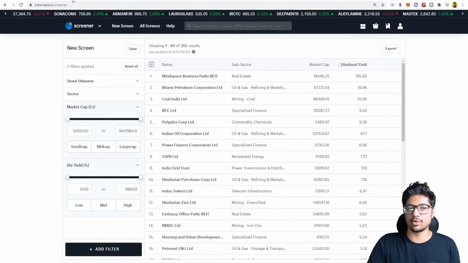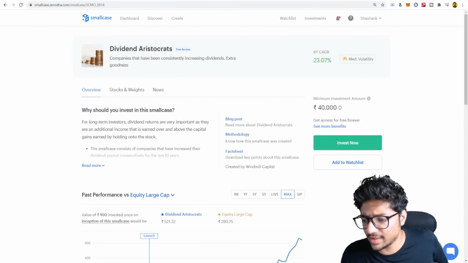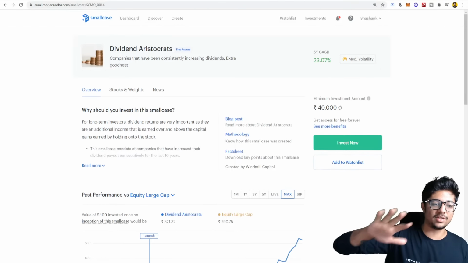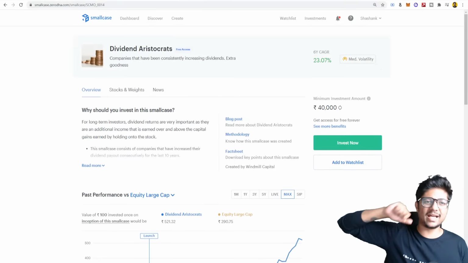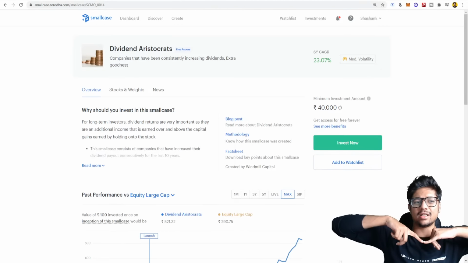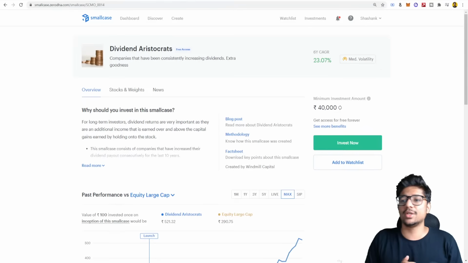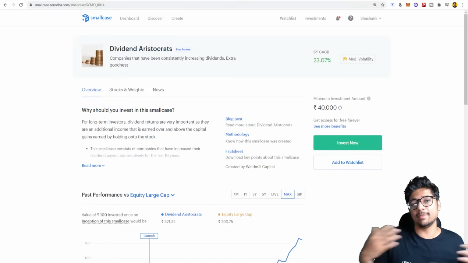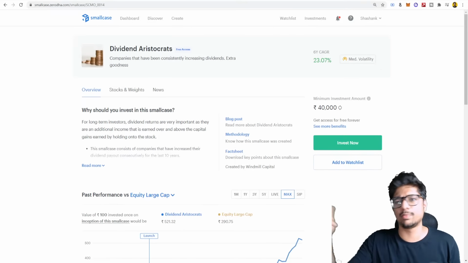Again, you can do your own research on this. Yeah, and one more thing I want to tell you guys. But again, please do your own research. Again and again, I'm saying this. Ideally, if you ask me, I would go for the government-ish stocks. Why? Because they don't move much. But again, ONGC fell down. So a little scary about that. Coal India also fell down. So it's very difficult to identify what will be there for a long period of time. But I love IT stocks, so I predominantly go for IT stocks because IT stocks are devoid of inflation risk. They only have risk of rupee depreciation.